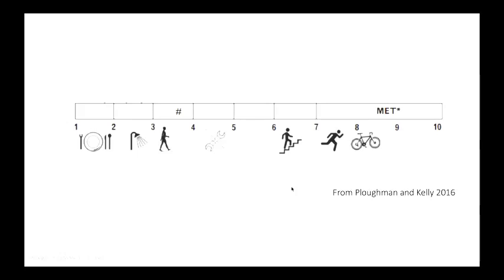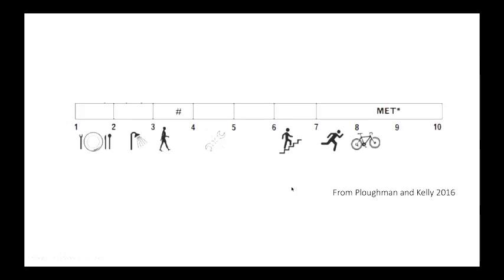The evidence also suggests that fitness is important for function. And in this graph that was published in a paper by Michelle Plowman at Memorial University and Liam Kelly, shows the metabolic requirements for doing a lot of everyday activities. So across the bar here, we have kind of low metabolic demand activities such as basic